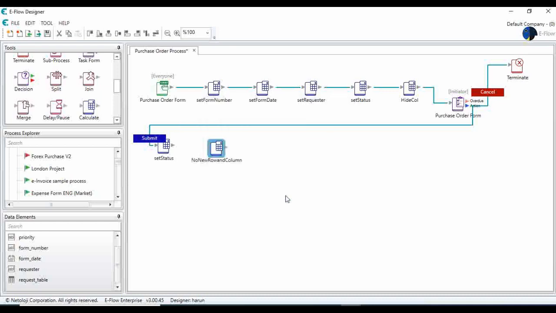By using the function, we will stop the purchase department from adding any row or column, and I want the purchase department to edit the table maybe, so I just copy and paste this hide column